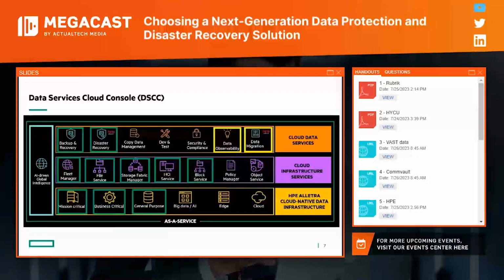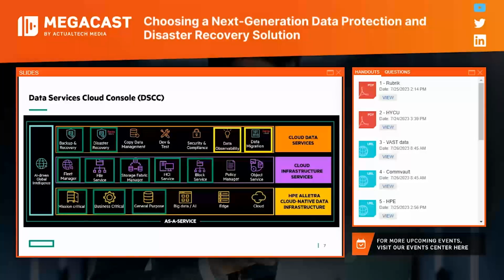Looking into the platform, it's kind of a layer cake. At the very bottom is the infrastructure or hardware. That's the arrays, and that hardware can't do anything without infrastructure services to enable it. So we've got block service to enable the array to store bits. We've got Storage Fabric Manager to manage your Fibre Channel infrastructure, HCI, and so on.